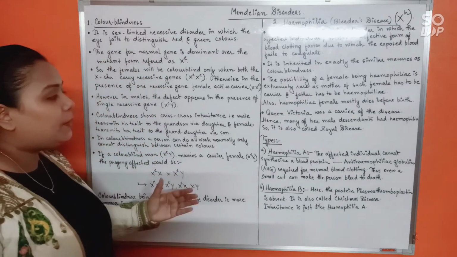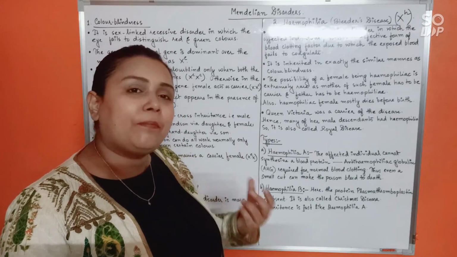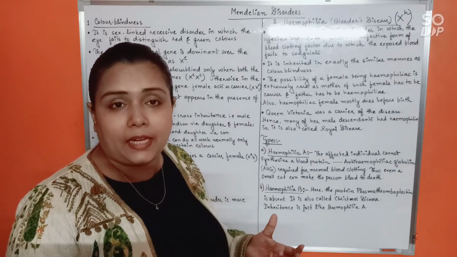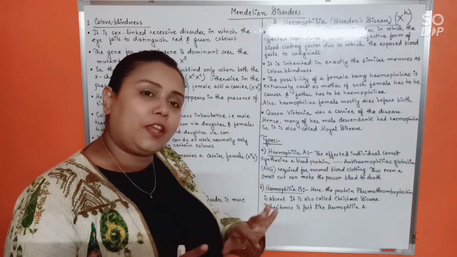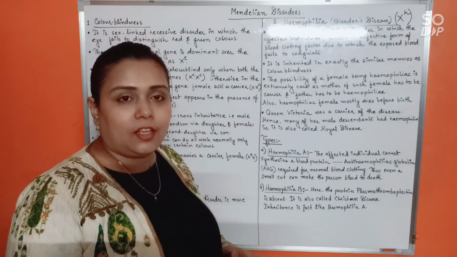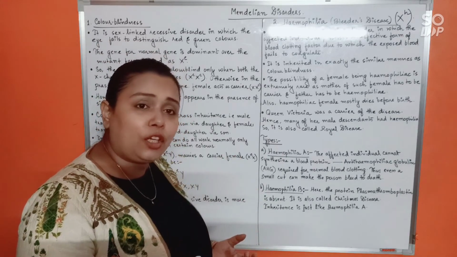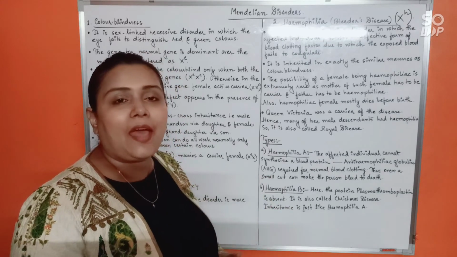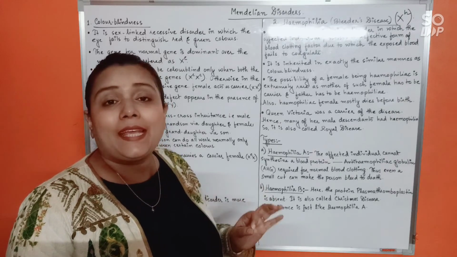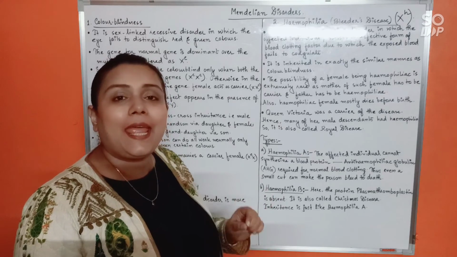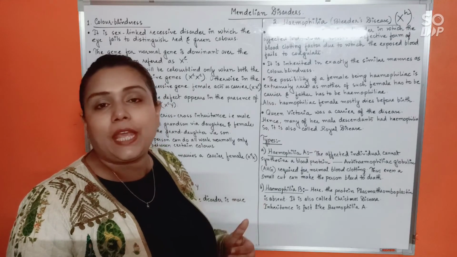As I told you, in hemophilia as well, the same type of questions would be asked. Say, a hemophiliac man marries a normal female whose father was hemophiliac. So what would happen? You of course know that from the father, the X chromosome might have come to the daughter, and the daughter is normal, but she has to be a carrier then. So in that case, what kind of cross would you have to do? You would have to form a cross between XHY, that is a hemophiliac man, and XHX, that means a carrier female, and that's how you would get your answer.